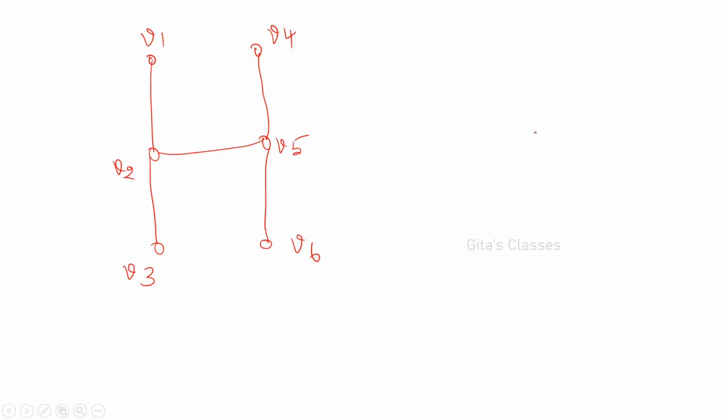Okay. Similarly, here V1, you try to find out. You have to find out a Hamiltonian cycle. Then only it is said to be a Hamiltonian graph. So here, even if you start from V1, V2, then V3, you cannot come back at all. So from V3, again you have to come back to V2, right? Therefore, by seeing that itself, you can say it is not a Hamiltonian graph.